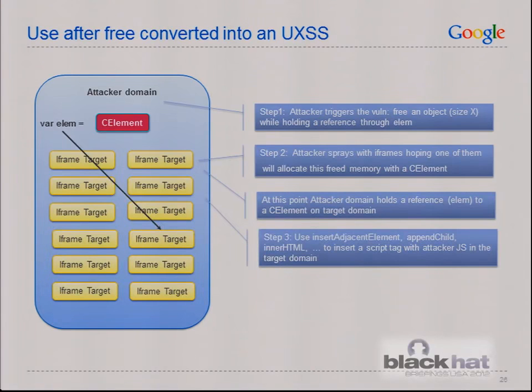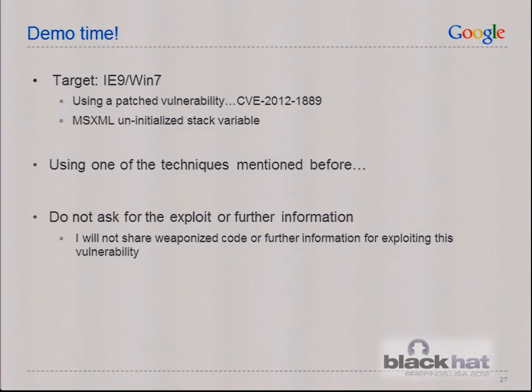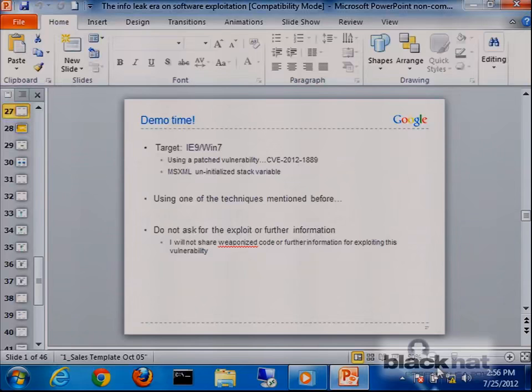The checks are in some other places. This is memory corruption converted into a logical vulnerability. Demo time. i7, Windows 7. Again, this is patched. This is not a 0-day. This is using an Infolic. Actually, it's splitting the vulnerability several times for